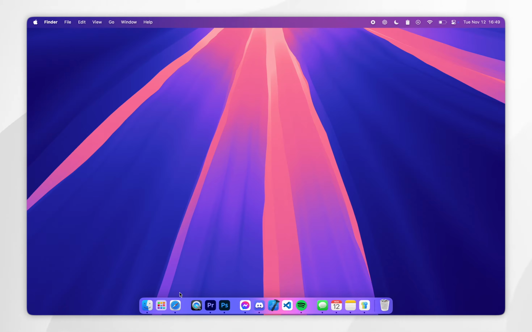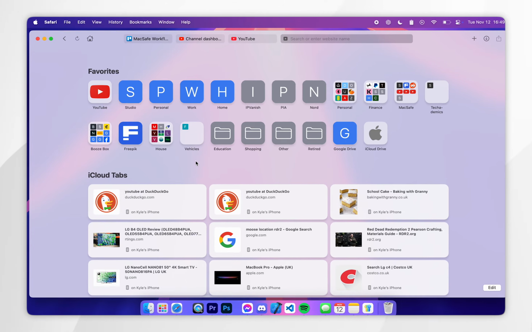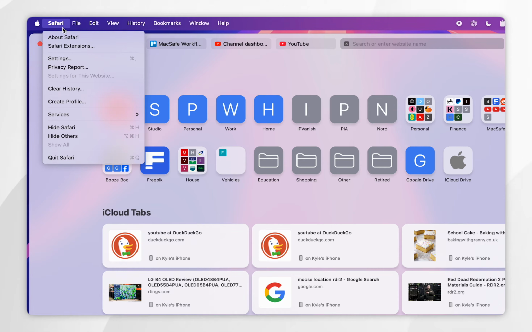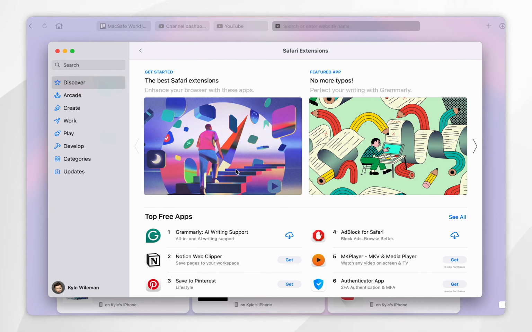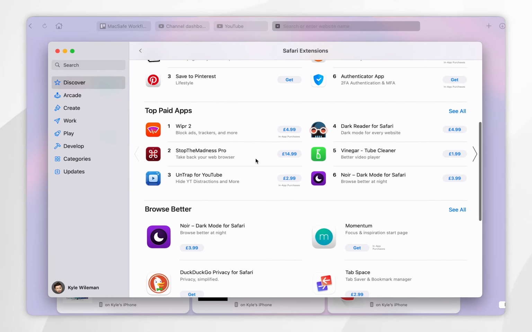To do this, you want to open the Safari application, and then you want to click on the Safari option in the top left hand corner, and within the drop down menu you want to select Safari extensions. This will open the Safari extensions page within the App Store, where here you can browse all of the Safari